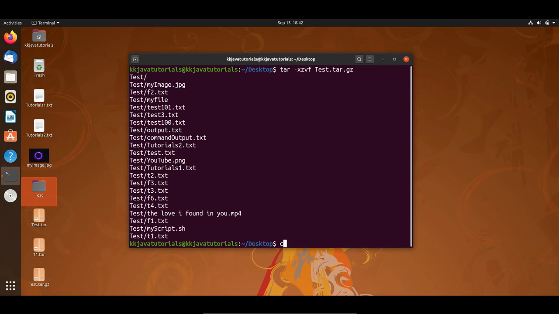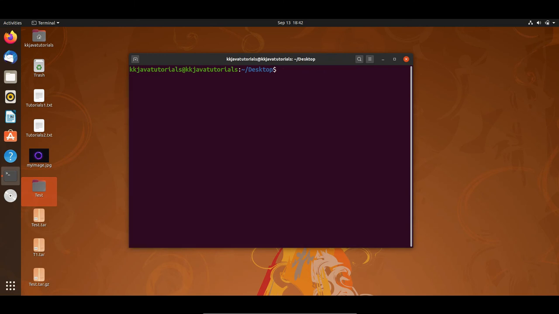Only one extra flag we have to add, that is z, right? Now let me clear the terminal. So here just I have cleared the terminal.